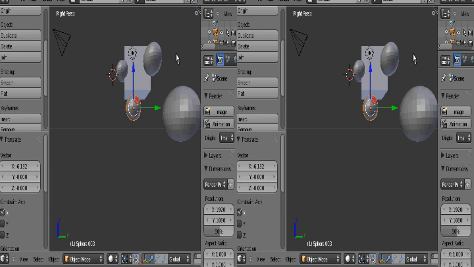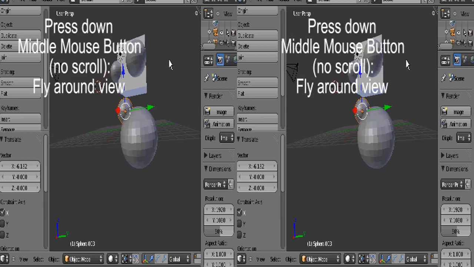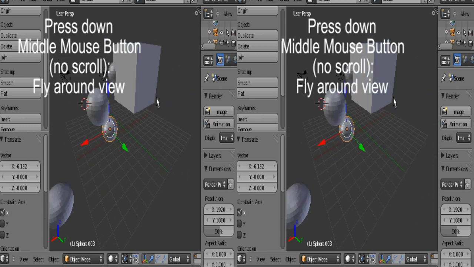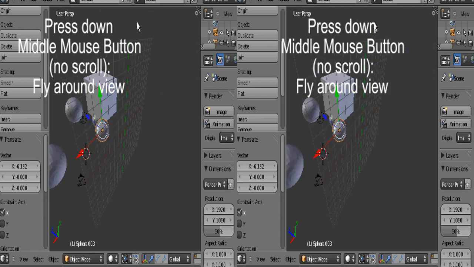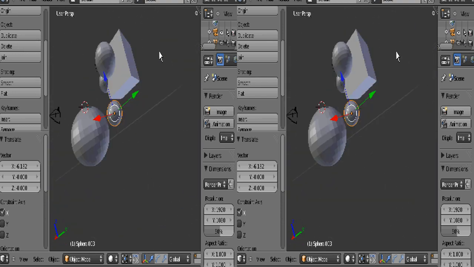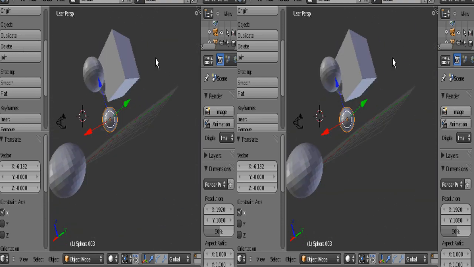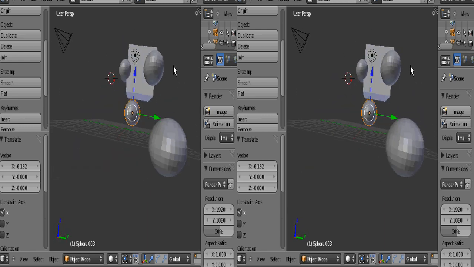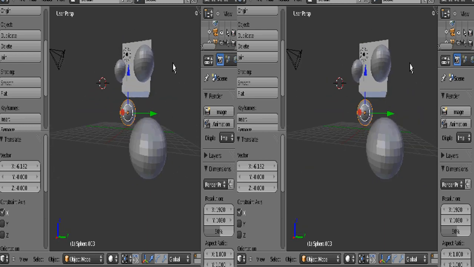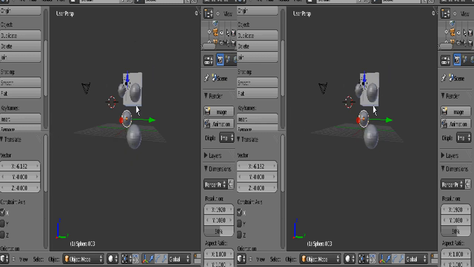All right. Now I'm going to be pressing the middle mouse button down here to give me a kind of fly-around view of the scene that we just made. So we just got about four annoying spheres with a cube. That's great. That's part one of what we're trying to do here. We're just trying to make a simple little scene here that we'll be able to take a look at through a couple of